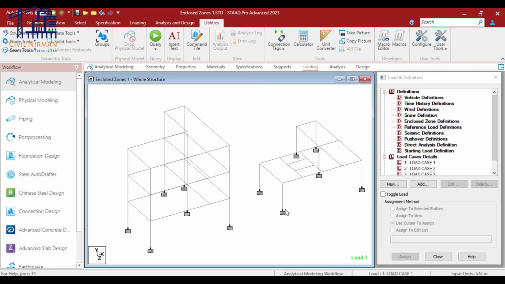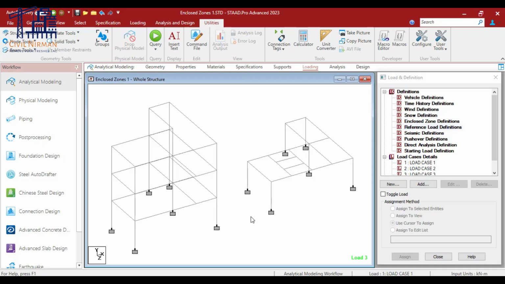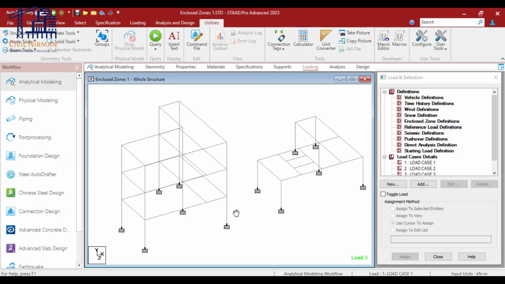Okay, so now you have understanding about the enclosed panel, its parameters and their limitations. Now let's understand how this actually works in the model part. To make you understand, I have considered these two different models. And one of the important things I want to tell you is that this particular option is available from the